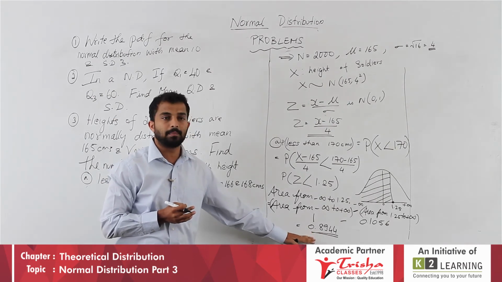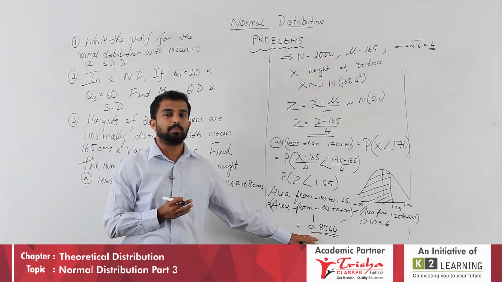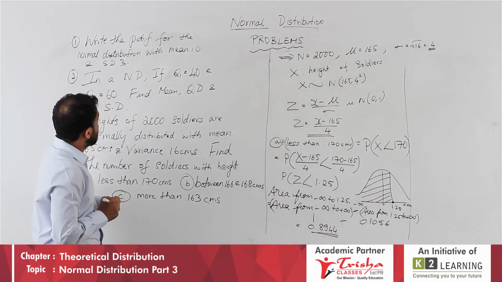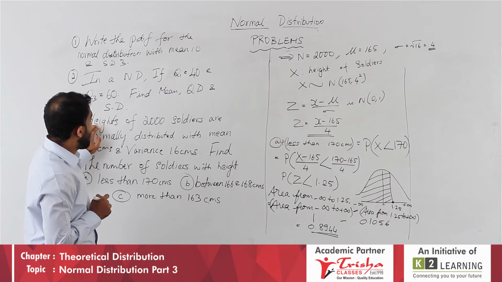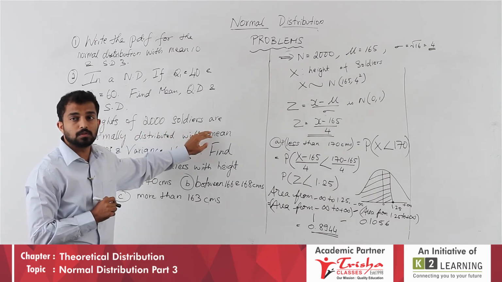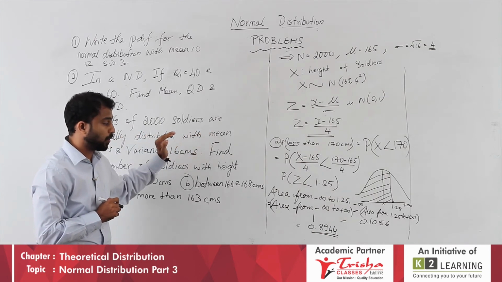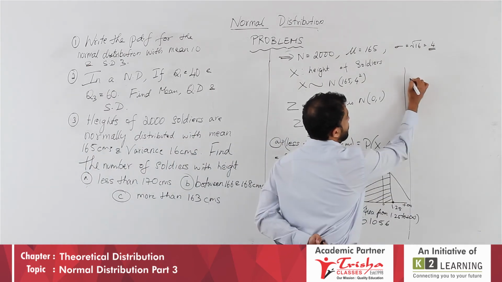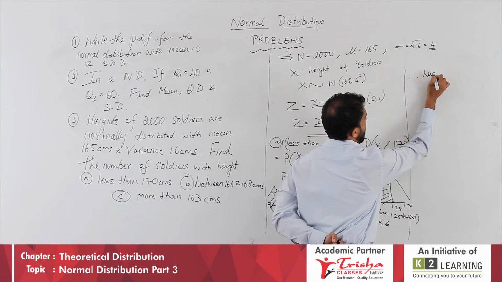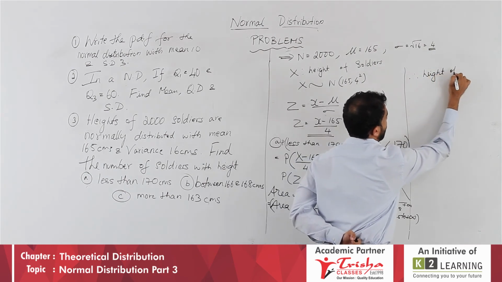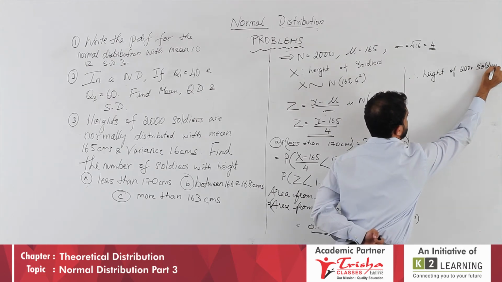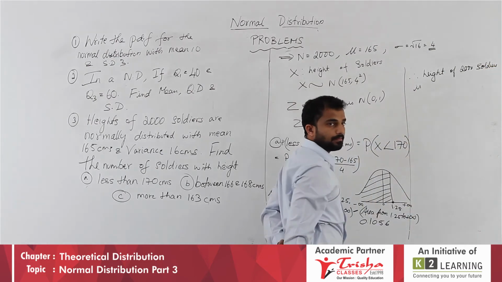Students, do not stop here. If they have given you find the probability, then this is right. But look at the question clearly. They have given us the height of 2000 soldiers. So, height of 2000 soldiers we have to find. So, finally write there, therefore, height of 2000 soldiers is